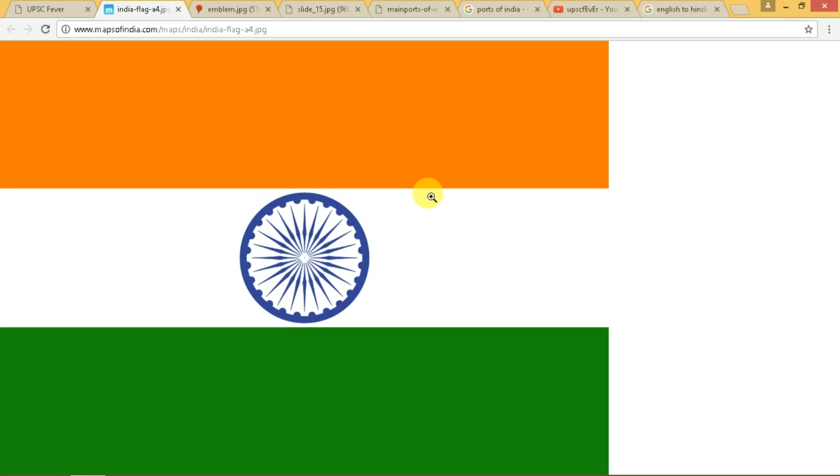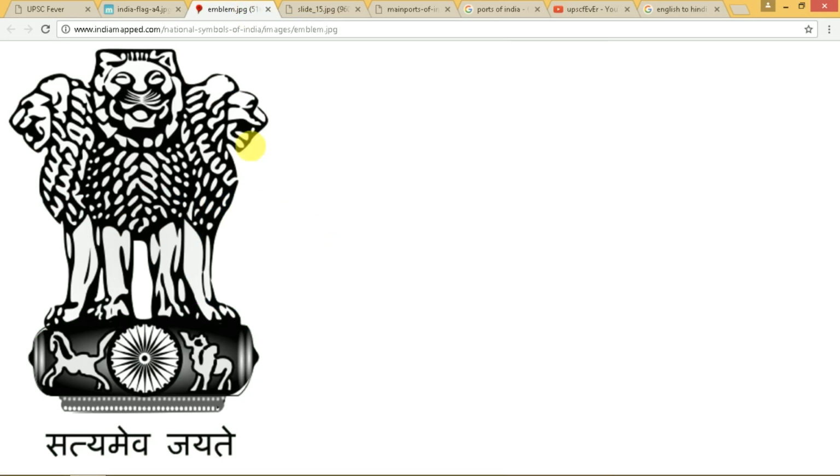The third symbol, the national emblem of India, you can see it here, Satyameva Jayate. The Sarnath lion capital of Emperor Ashoka inspired the design of the national emblem. It was adopted on 26th January 1950, and the words Satyameva Jayate, you can see here, are from the Mundaka Upanishad